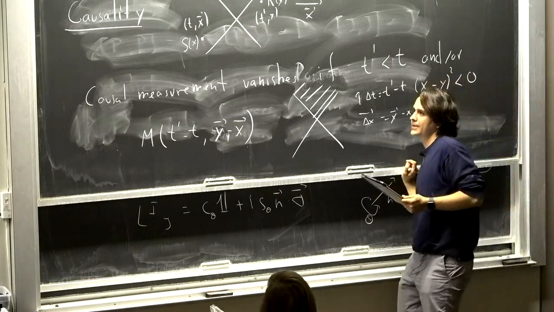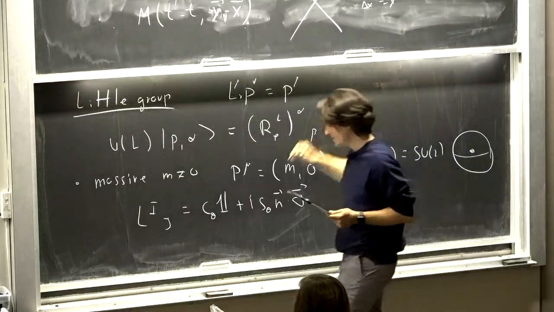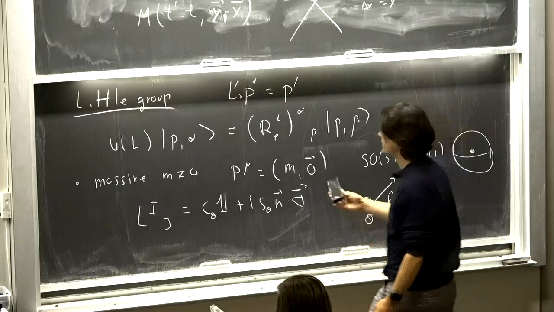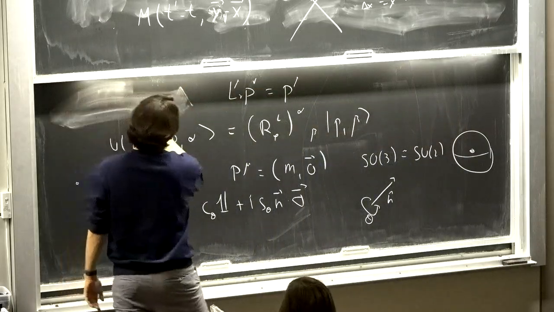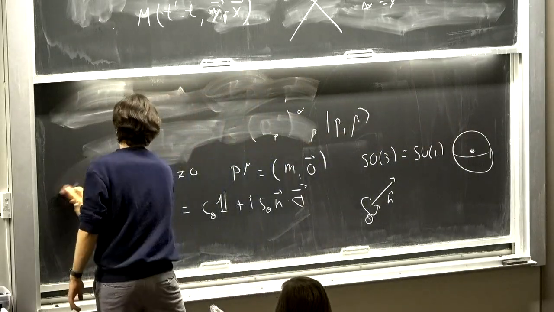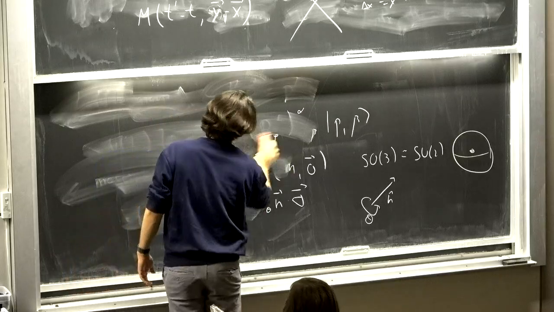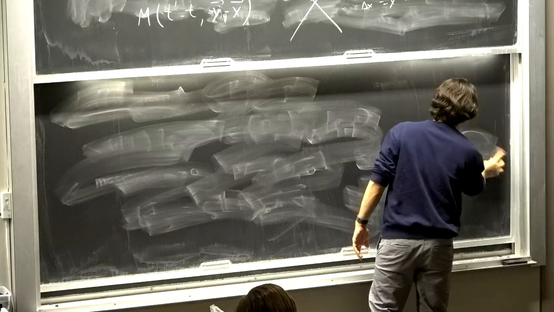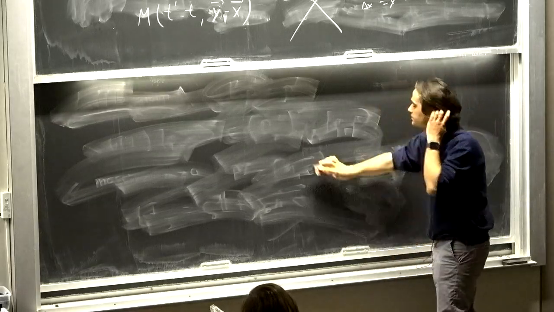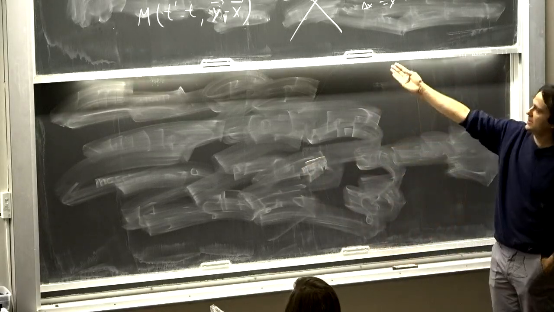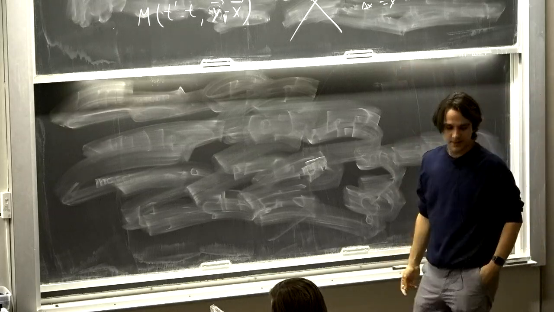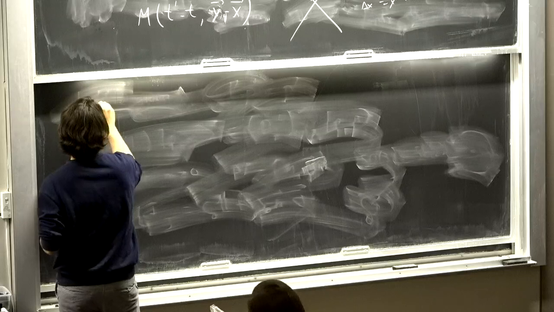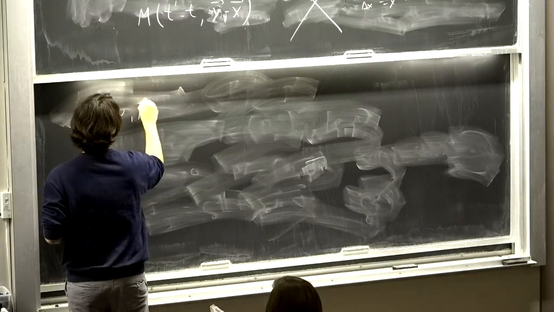Okay, why am I talking about this if I care about scattering amplitudes? Scattering amplitudes are basically written in momentum space, so they're Fourier transforms of maybe some correlation function. But in any case, they should respect causality. So what do I learn about the momentum space representation of this thing? Let me just consider the Fourier transform. So I have M of some frequency and some momentum.